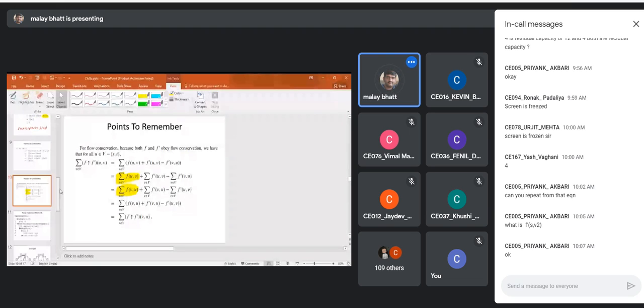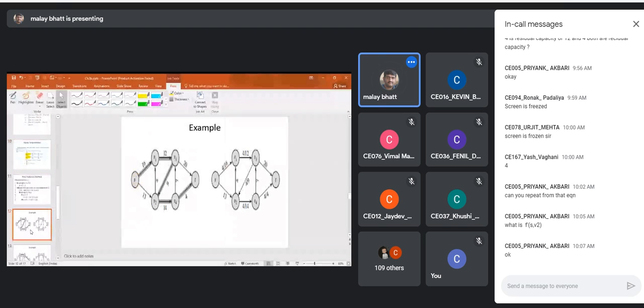Now let us apply the algorithm and then we'll see the details. It is a very simple procedure. If you find all this so mathematical, we have a simple thing now. First, we are finding the augmentation path.